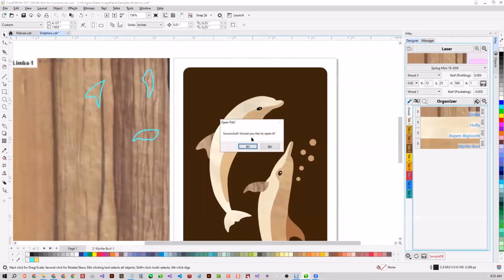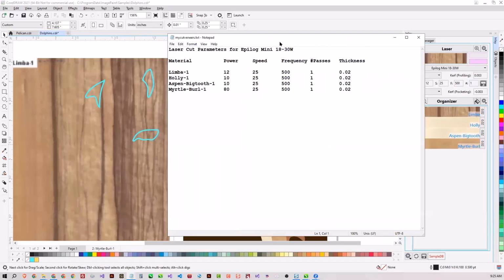And then it asks me if I want to open it. I click yes, and it opens a text file that contains the laser cutting parameters for the Epilog Mini 18, 30 watts. And we have all the materials that we need to pull with the dash number at the end. And it also lists out the power, speed, frequency, passes, and the thickness of that piece of veneer.